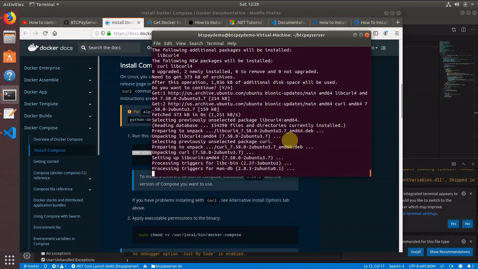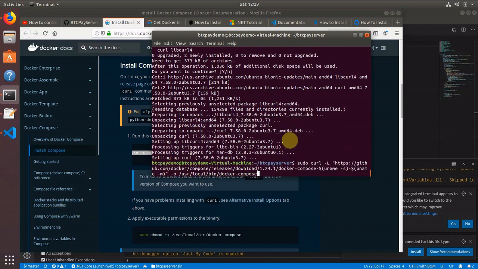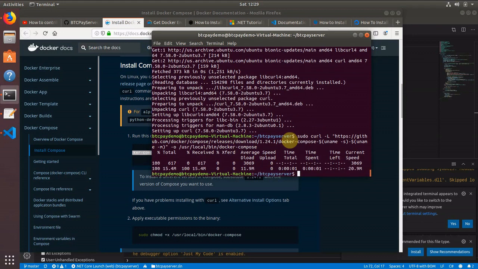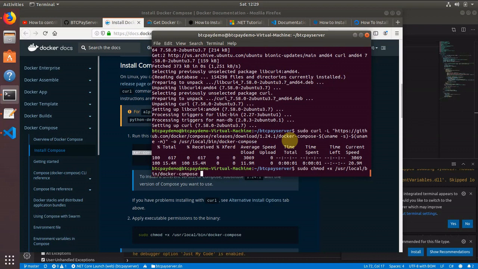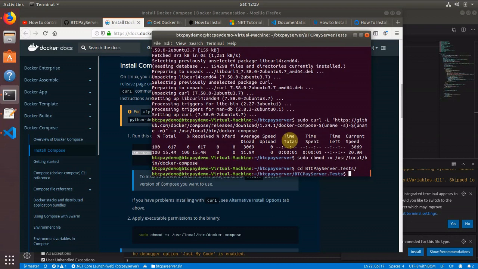Of course, we can't have a Linux machine without curl. And now we can just go back, download the binary, and say sudo, add executable permission to it. There we go. So now that we have Docker and Docker Compose, we can go to the test directory, and